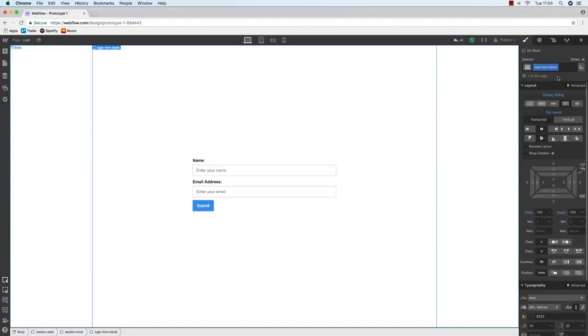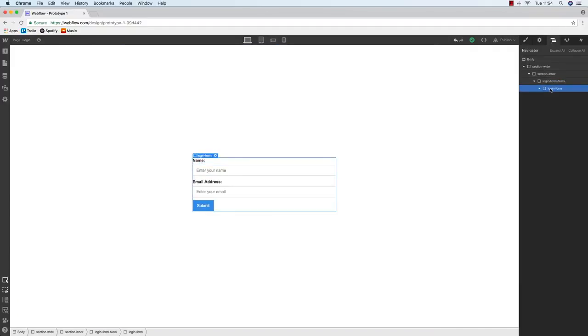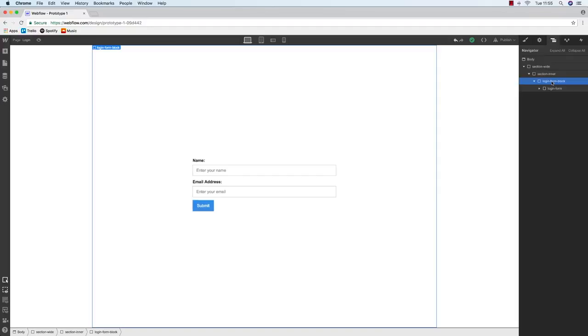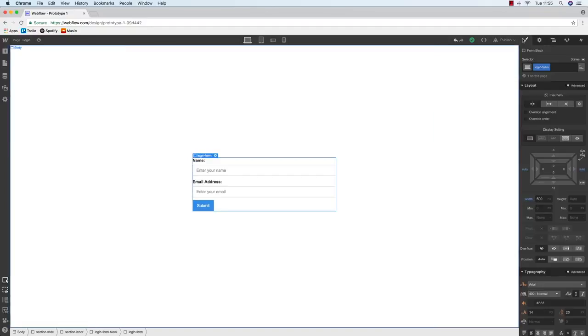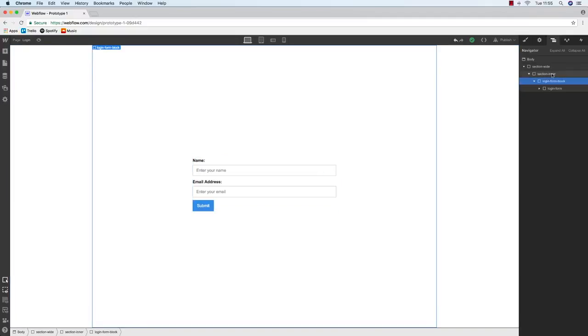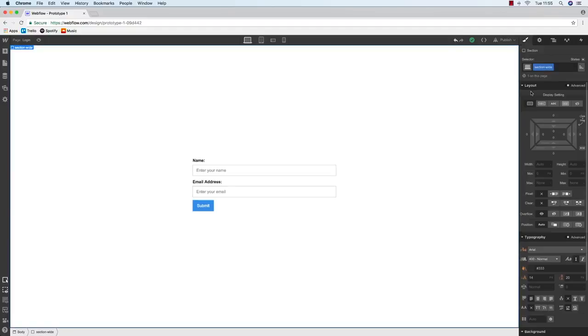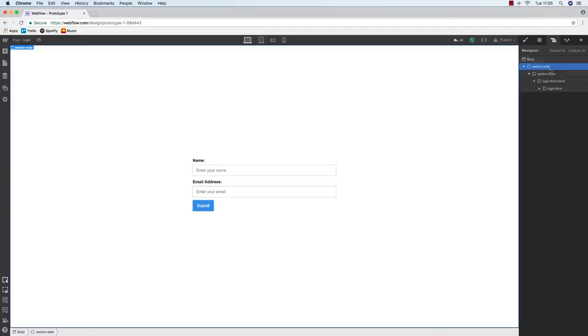So we're saying login form block, the contents horizontally and vertically aligned, which means that this sits nicely in the center of the page. So we've got a login form there. We've got a login form block, which we're applying the Flexbox properties to, which allow it to sit in the middle of the page. We've got that within a section inner, which is keeping everything nicely centered in the page, and then we've got it wrapped up in this section wide,